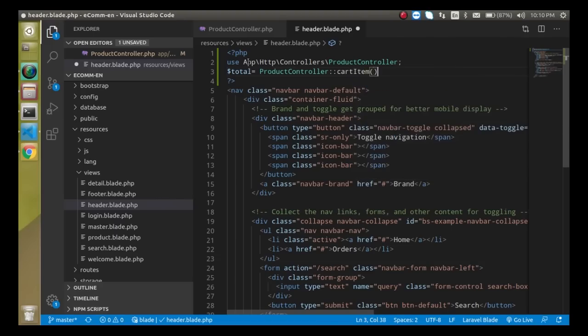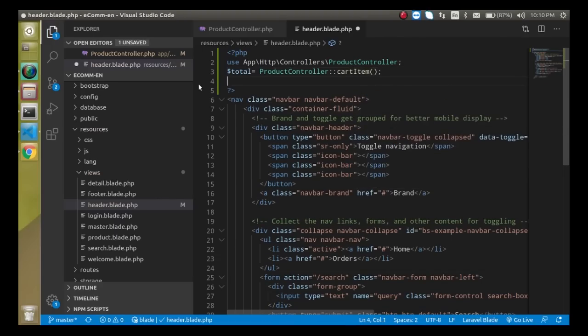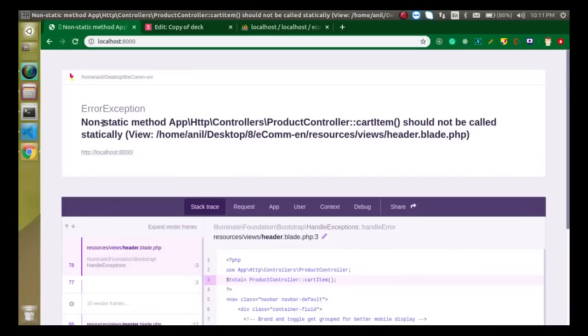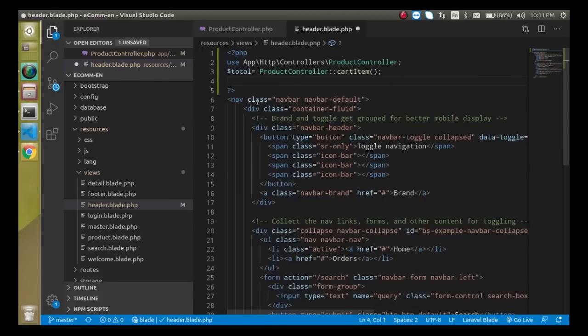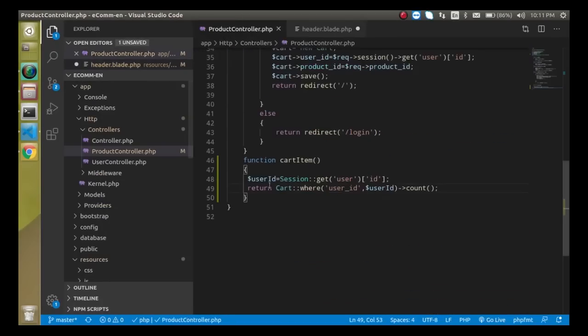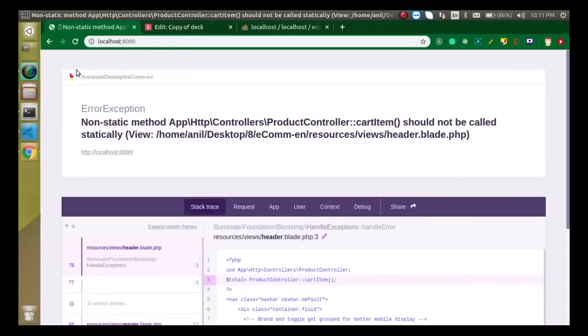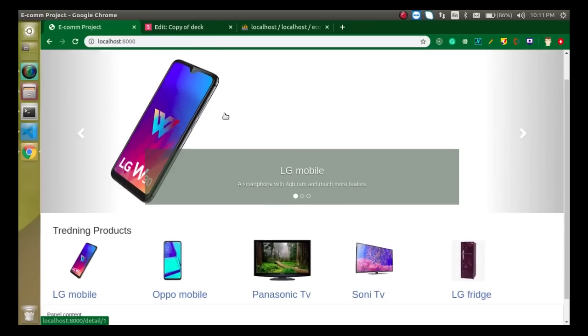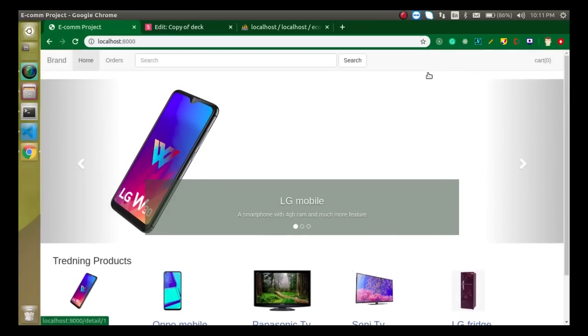Right? And after that let's try to refresh it, and now you can just find an error, and the error is non-static method. This should not be called statically, because this is a non-static method, and we would just want to call it with the scope resolution operator, which is not possible. So what we can do here, we can just simply add a static keyword, right? And now you will just find that there is no error on our page, but there is no item inside the cart also, because we did not print this